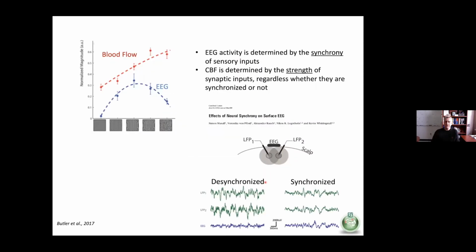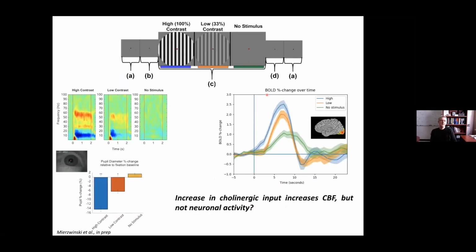And in fact, by using some computational models, we found out that the EEG signal was basically highly dependent on the synchrony of sensory inputs, whereas the CBF and BOLD signal didn't care so much about whether or not the signals were synchronized, but just how many inputs were falling on the retina. And so this is going to cause a huge dissociation between the metabolic demand, which just cares about how much input it has to deal with, versus the EEG, which cares how well timed these inputs are. So we just kept beating at this horse and seeing how far we could take it.